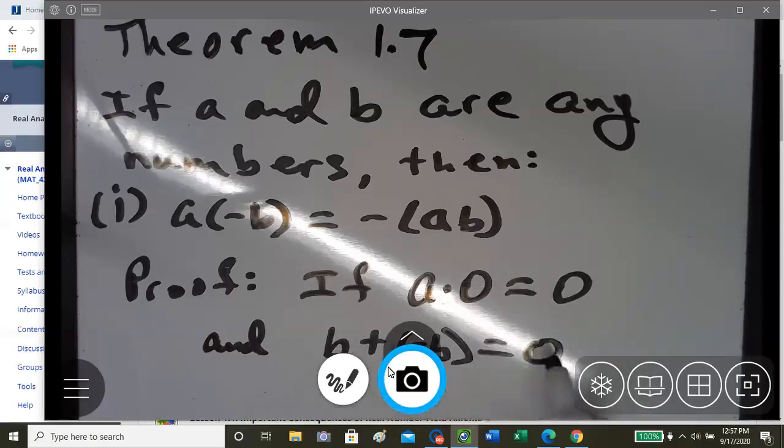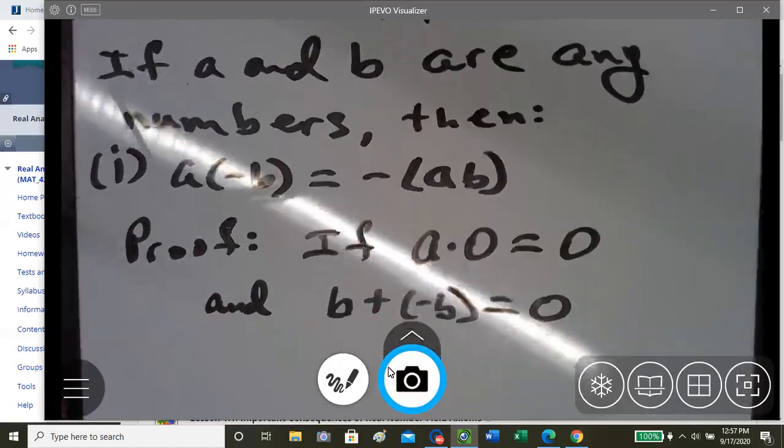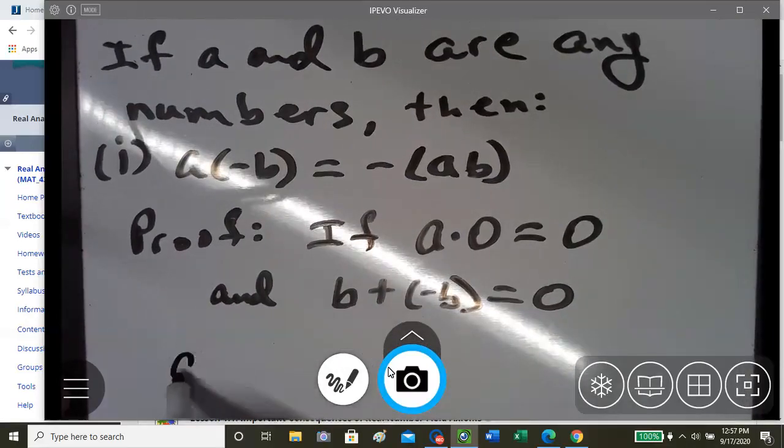Since b plus negative b equals 0, we're going to substitute that like it's an x, but instead of 0, we're going to substitute b plus negative b. So this will be a times, and where 0 was, we put b plus a negative b